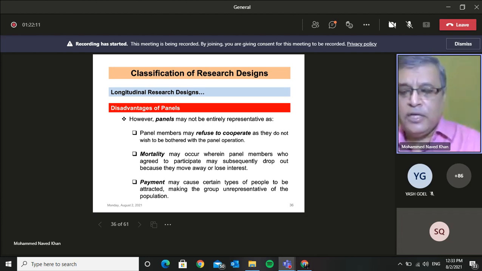Why? Because we do not have an exhaustive list of elements of interest with us, which is referred to as a sample frame. So what we do is, using whatever methods or procedures can be adopted by us, we see to it that the sample we are going to fix for the purpose of our longitudinal study is reflective of what really is happening in the target population, the population of interest. So first of all, the sample is fixed by us.